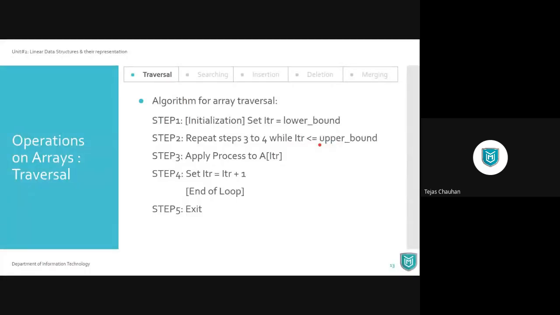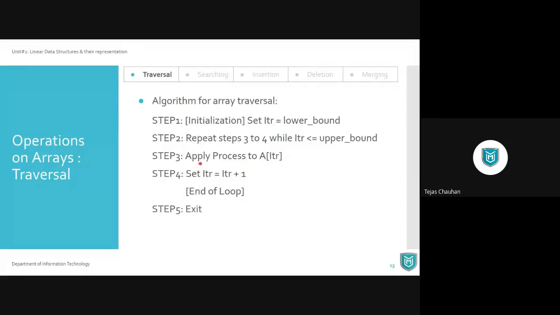Now what process do we do? The iterator I refers to the ith element, so a of I is the element we have, and we can do any process with that element. Once we are done with that process, we update our iterator, I equals I plus 1, and then we repeat this process iteratively.